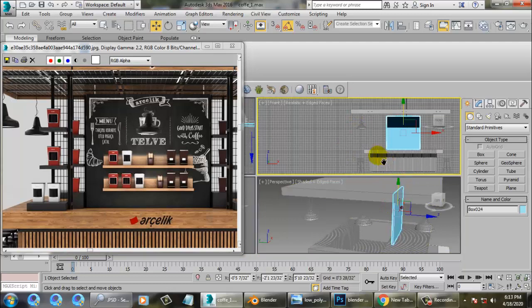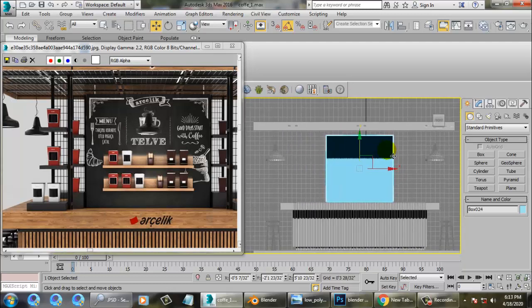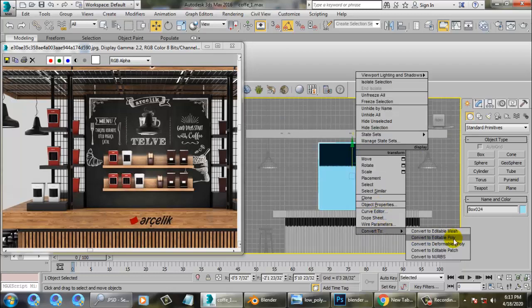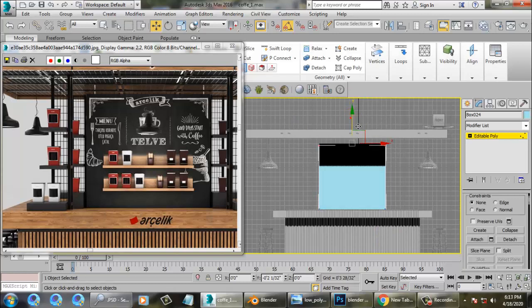I'll go on to this view, convert to poly, and push this down.